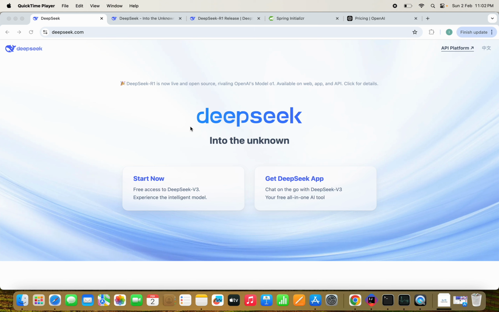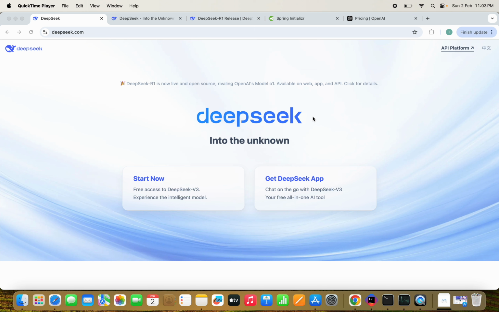DeepSeek is an open source AI model. They have launched it as an open source model, but it is also available through APIs, so we have both options. It is making waves in the AI community because there is so much talk about DeepSeek. China has recently launched it, and there are multiple competitors like OpenAI, Grok, and Gemini. So it's a hot topic as of now, and it's designed to provide high performance